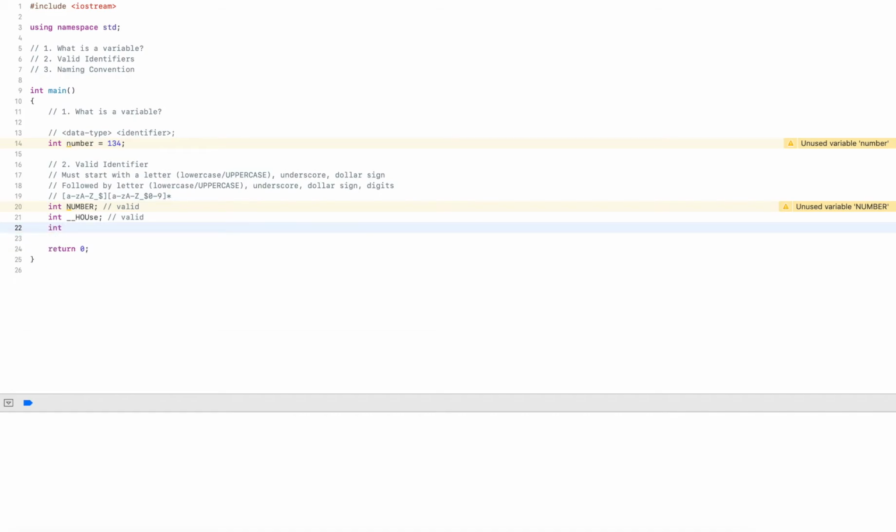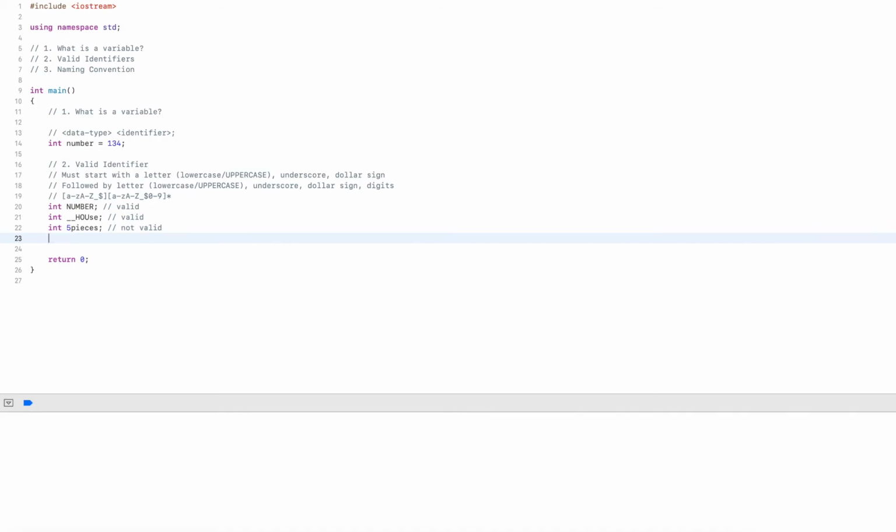Now let's say 5 pieces. Is this valid or not? If I look in the first set that I need to start with, there are no digits. So this one here is not valid. I cannot start with a digit. Let's try out 1, 2, 3, 4, 5 underscores. Now I have the underscore in the first set, so I can start with the underscore, and I can repeatedly use the underscore. So this one is valid.